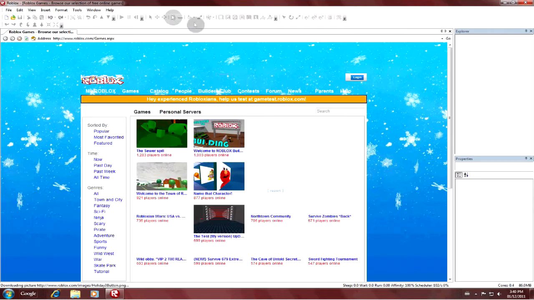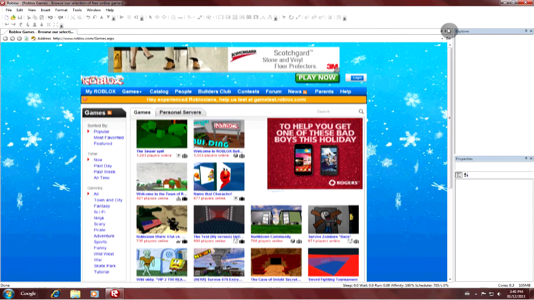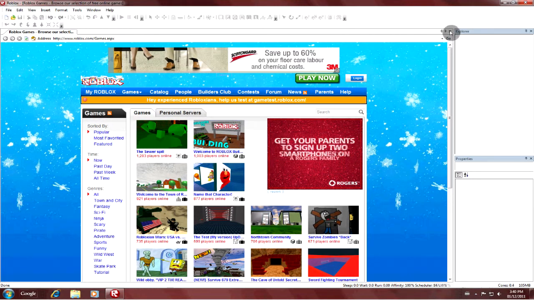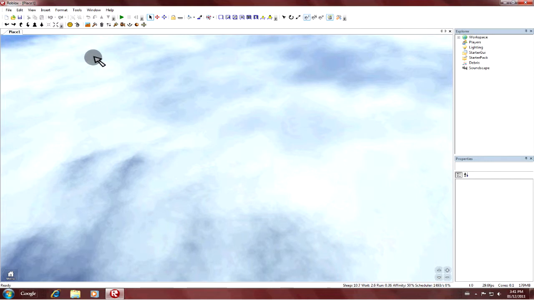So as you notice, we got the winter theme on for Roblox. So let's exit out of that by clicking this button right here. Exit. So now what we're gonna do is we're gonna hit new. This is going to create a new game, new place. So now we can add a brick by either